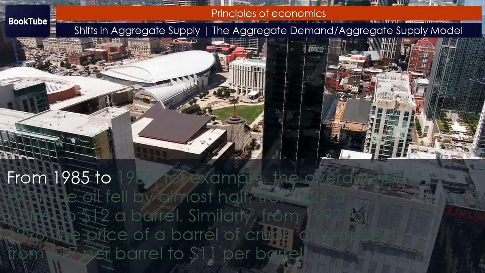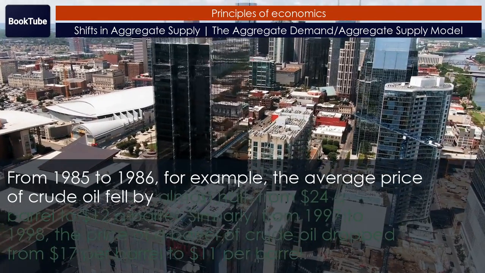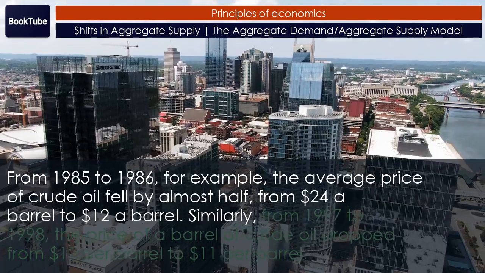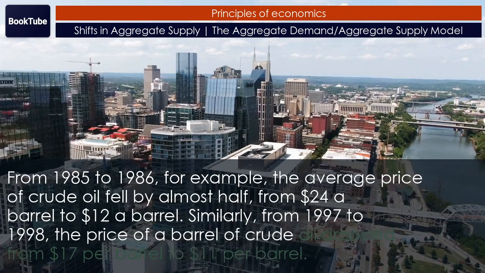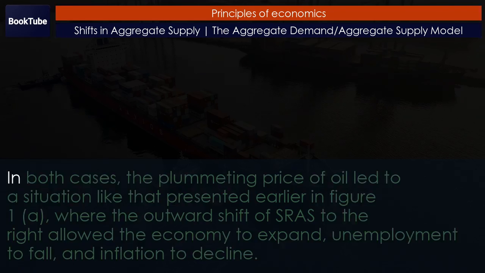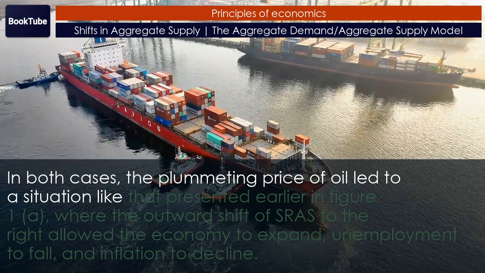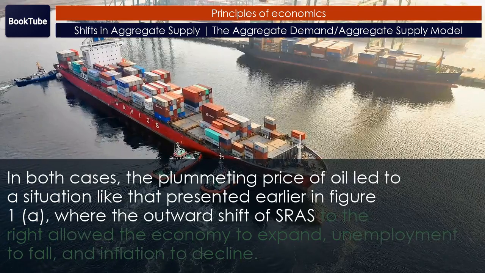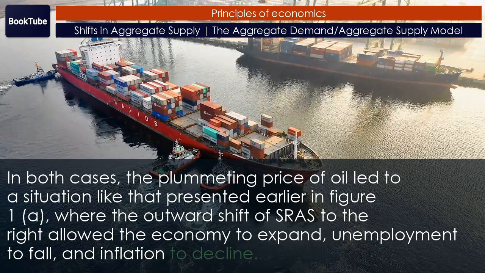From 1985 to 1986, for example, the average price of crude oil fell by almost half, from $24 a barrel to $12 a barrel. Similarly, from 1997 to 1998, the price of a barrel of crude oil dropped from $17 per barrel to $11 per barrel. In both cases, the plummeting price of oil led to a situation like that presented earlier in Figure 1a, where the outward shift of SRAS to the right allowed the economy to expand, unemployment to fall, and inflation to decline,